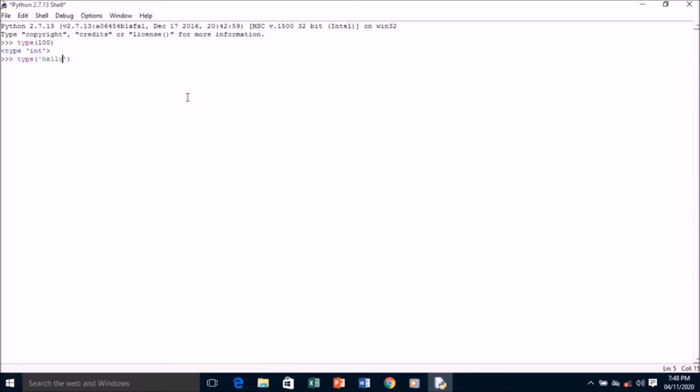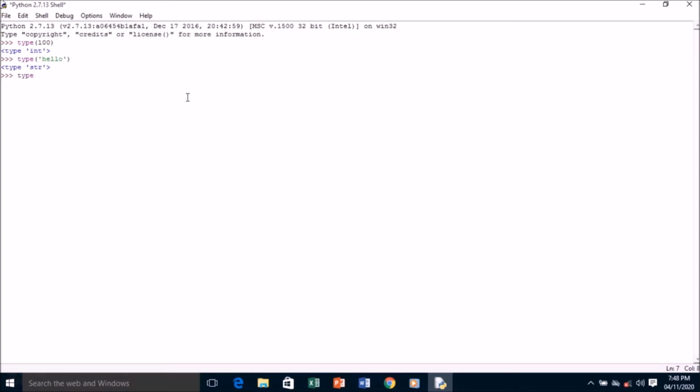That means we are asking Python the type of hello. It will let us know what type of data we are entering. So now when I press enter key, it gives me type str. That means I have used a string type of data.